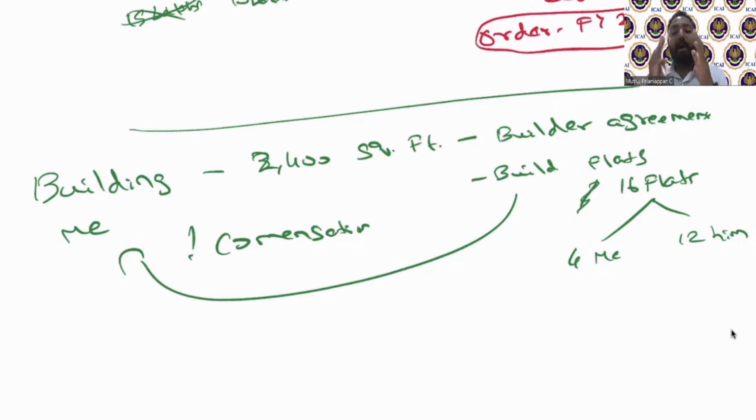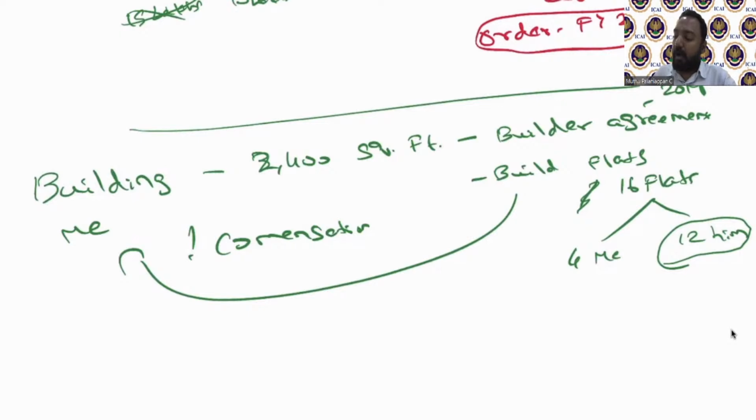So now I will not know this in the first year. Let's say I enter into this builder agreement in 2019. In 2019, I don't know how much I'm actually going to receive. So I enter into an amount and all, but I will not receive it. I'll receive it later only. When will I receive it? Only when he probably starts selling these 12 flats. Let's say he has to give me 2 crores. When he starts selling these 12 flats, he starts giving it to me. So there is a delay, right?